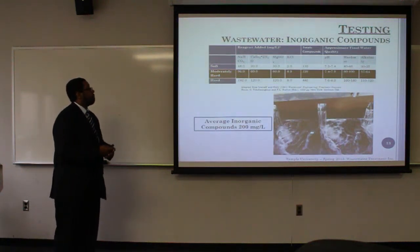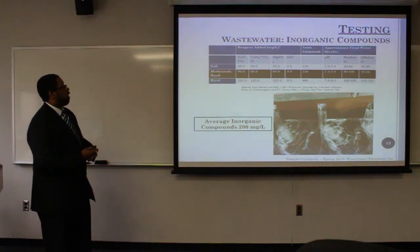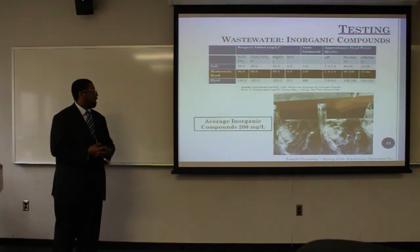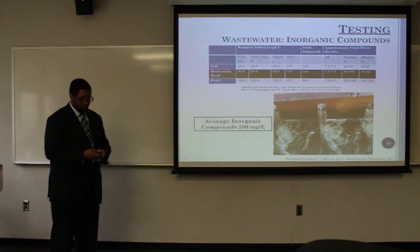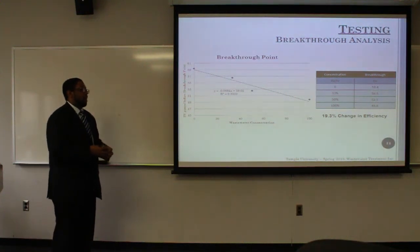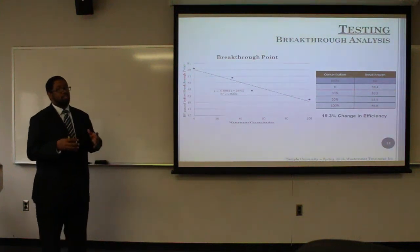In terms of inorganic compounds, however, we expected our system to be moderately hard and to contain 220 milligrams per liter of inorganic compounds. After performing our testing, we noticed that our average inorganic compounds do in fact meet that requirement. So with this information, we have a general idea of what's in our wastewater, and we need to look at the effects of the inorganic and organic compounds in our system on